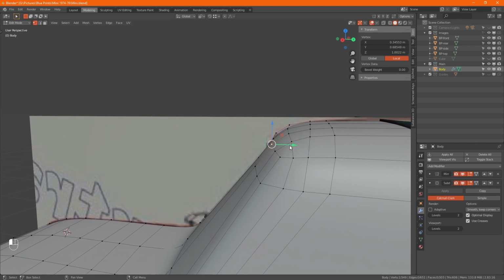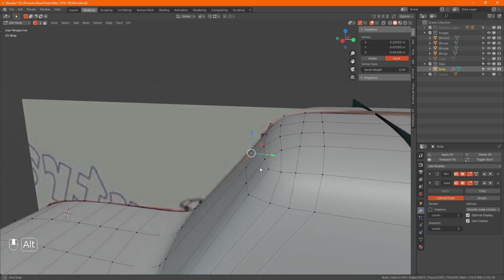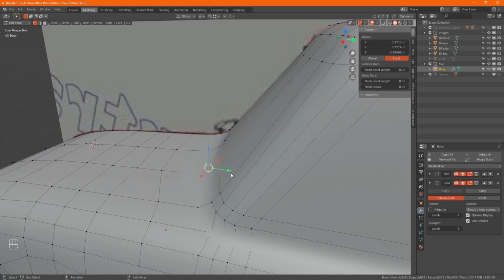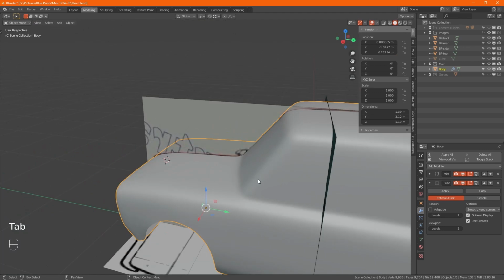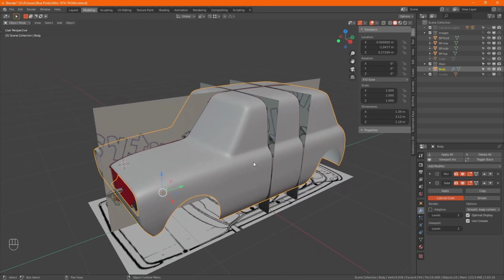That one needs to go back. Now the funniest thing, of course, changed the body.